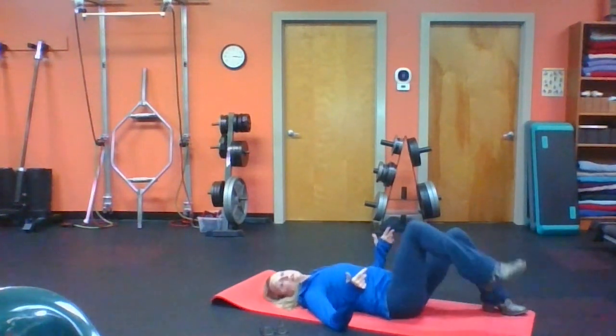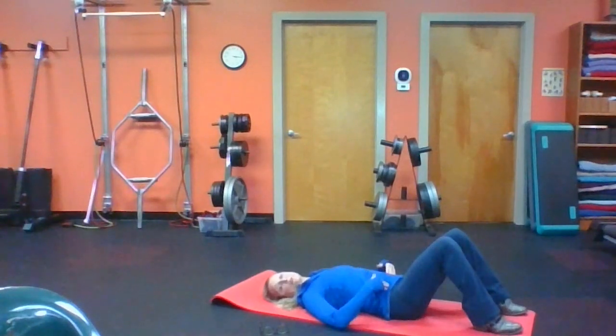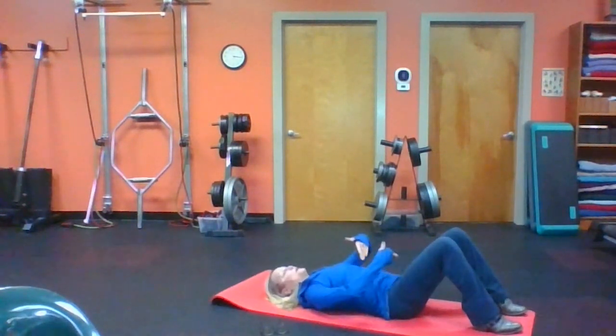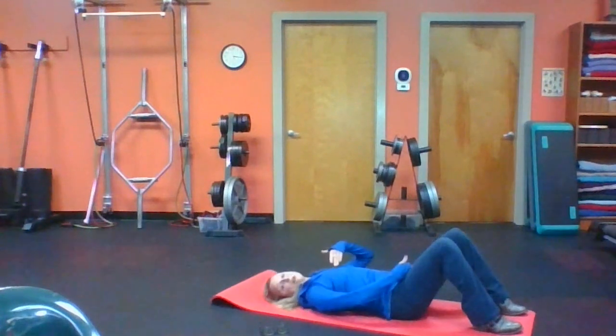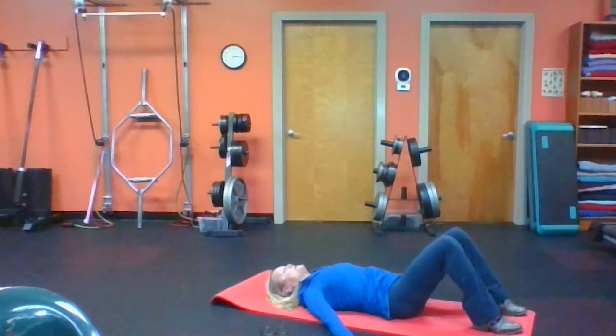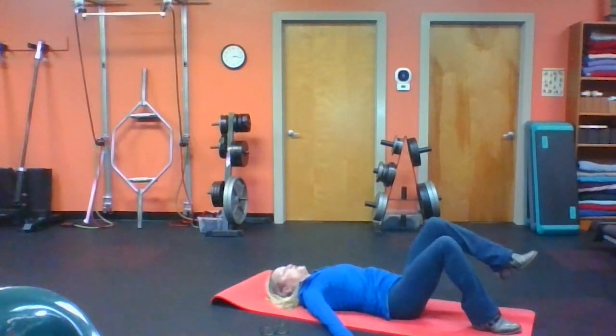Now, if lifting the leg up one at a time is still too much load and it's straining your back, then don't lift the leg. Just do the brace and release. Breathe out, brace and release. And you're pulling your pubic bone and your sternum together like you're going to fold in on yourself like a clam. Okay, so you can do this just by bracing. You can add a little more resistance or progress as you get stronger by lifting one leg at a time